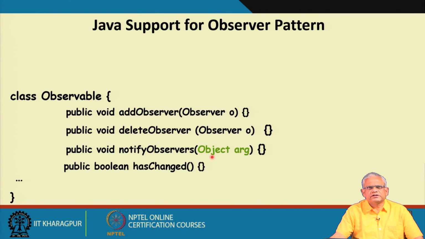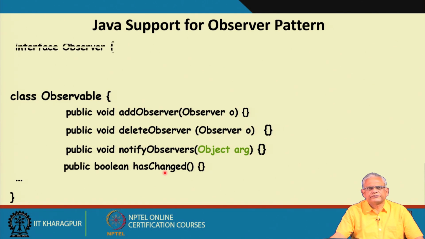This is a slight deviation from the observer pattern, because in the previous examples we discussed, we did not have anything like the object arg. As I was mentioning, this is there for the observable to pass some information to the observer about the type of change that has happened, and also the has changed,